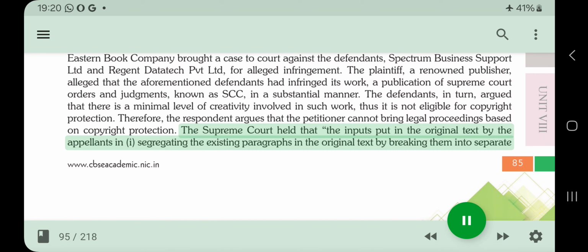The Supreme Court held that the inputs put in the original text by the appellants in segregating the existing paragraphs in the original text by breaking them into separate paragraphs,